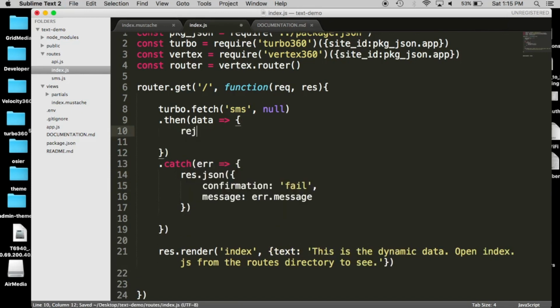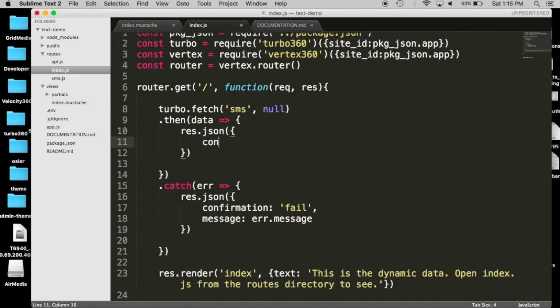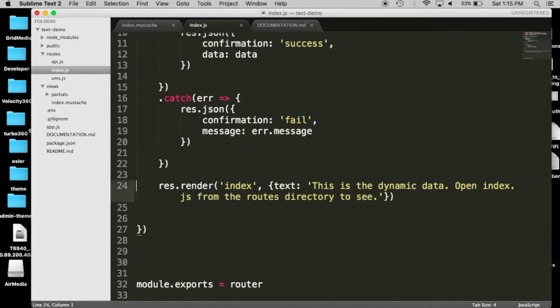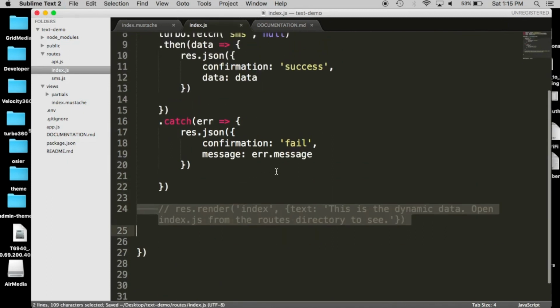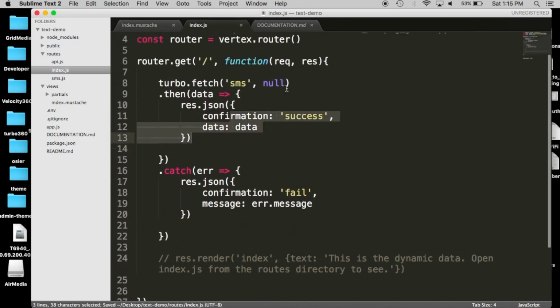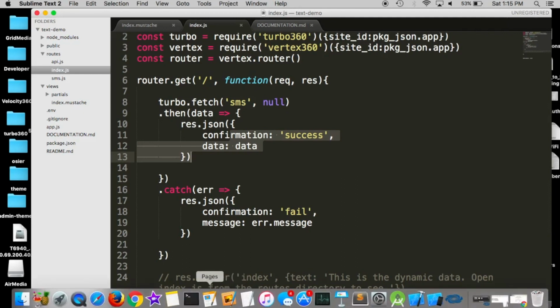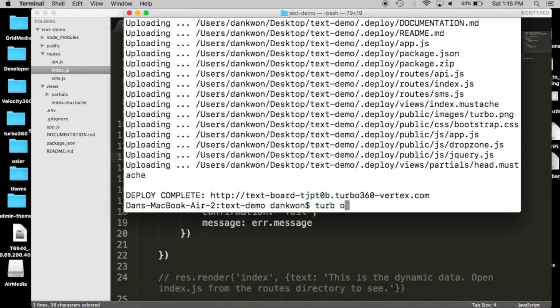Now, for now, I'm going to just render JSON on success, because before putting it inside the templating engine, what I want to do is confirm that we're even getting the data. So I'm going to get rid of this template render right here. Right now, it's just going to render the data, assuming there is any data. So if I go back to my dev server now,